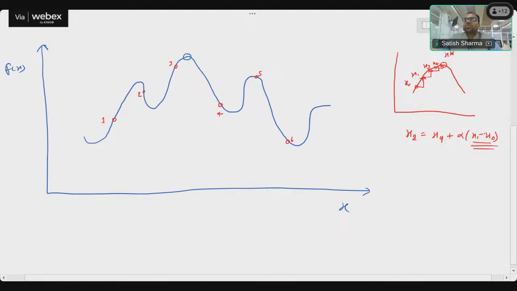Okay, and we basically compute the function of x at these values, and this will give us the step size, telling us whether you are moving in the right direction or the opposite direction. So the particle swarm optimization also works in a similar fashion,